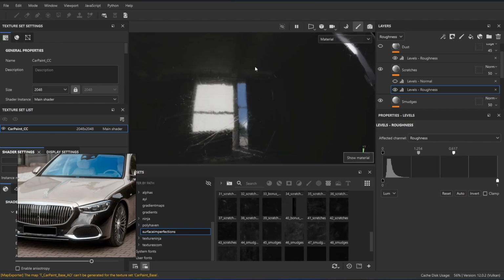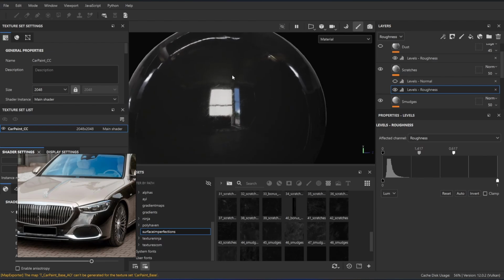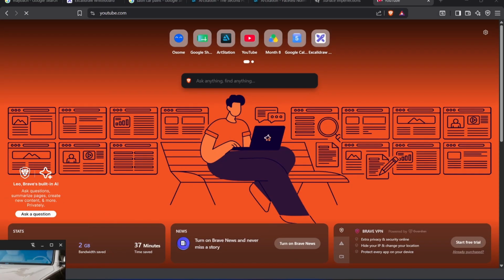If I have a very new car, then this is going to be quite toned down. It's always going to be there. Those scratches are always going to be there. If we look at,